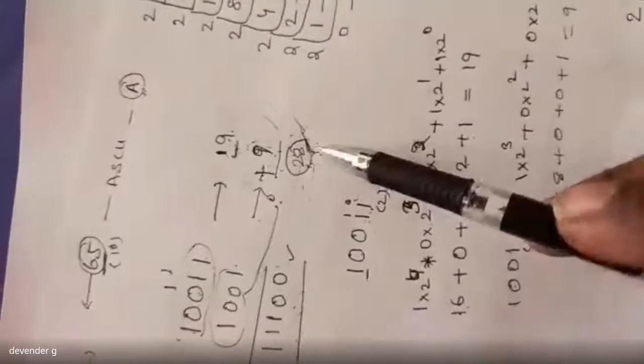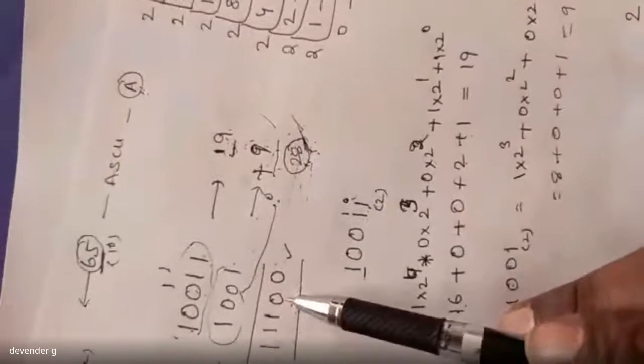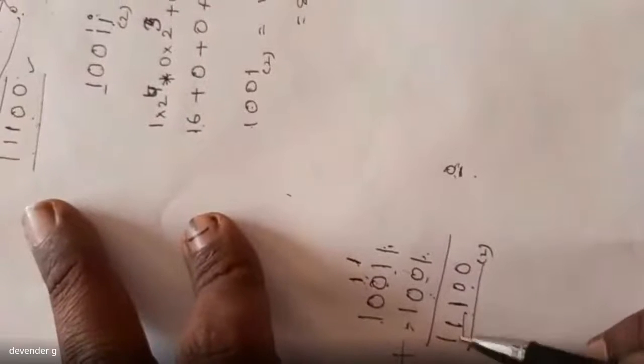Now this is decoded. Now I have to encode this. From here I'm decoding, and from here I'm encoding. So decoding and encoding is this one. Okay. So now I'll convert this into decimal. So what is the answer I got? 1 0 0 1 1 1 0 0 I got.